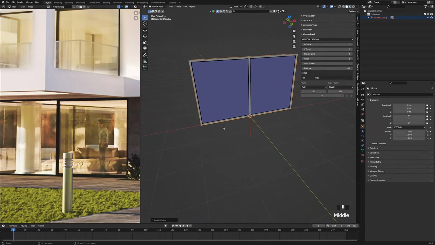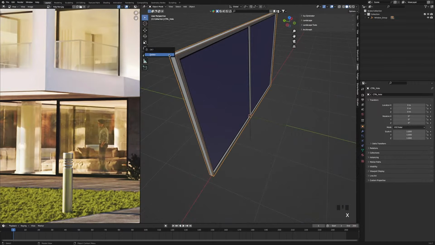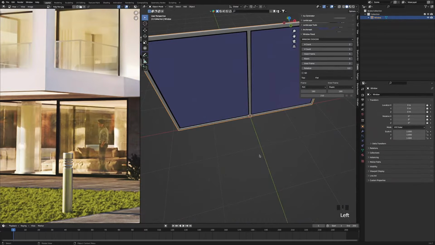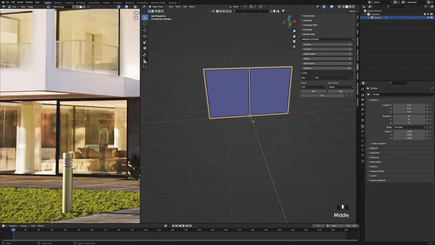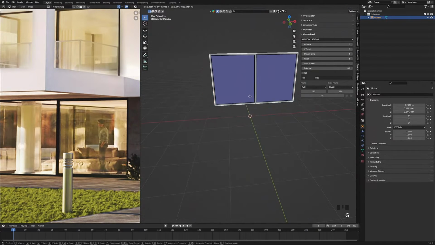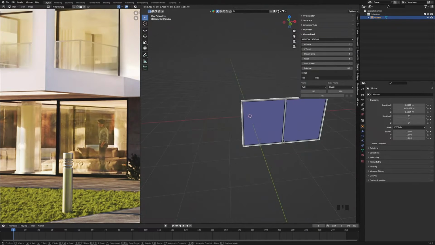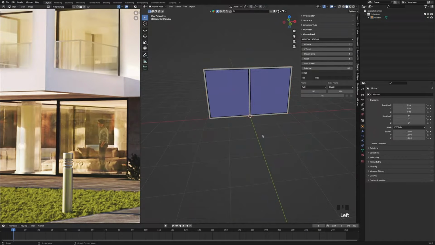And then we're going to delete this box empty that's covering the window, and this one as well. And we're going to select the window and unlock all of the locations and rotations. So if we wanted to move it around by pressing G, we could, and it won't be locked in place. So I'm just going to right click to undo that.